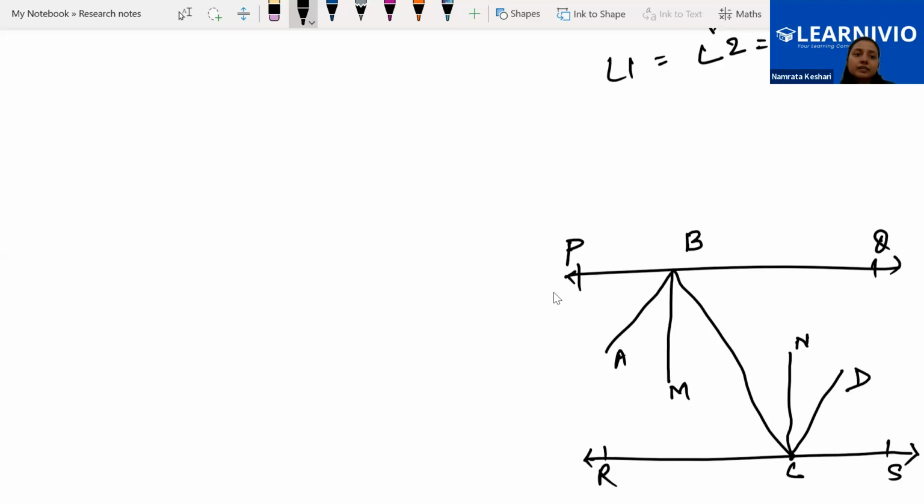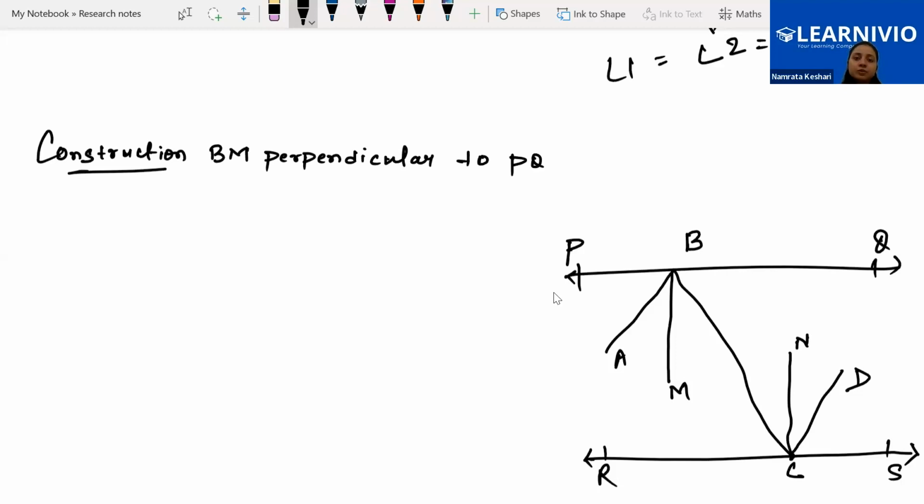Now, let's write the construction we are doing over here. I said to you in the very first class that construction is allowed in mathematics. So here we are doing one construction, that is BM perpendicular to PQ and CN perpendicular to RS. Okay, this is what we are doing as the construction at first,